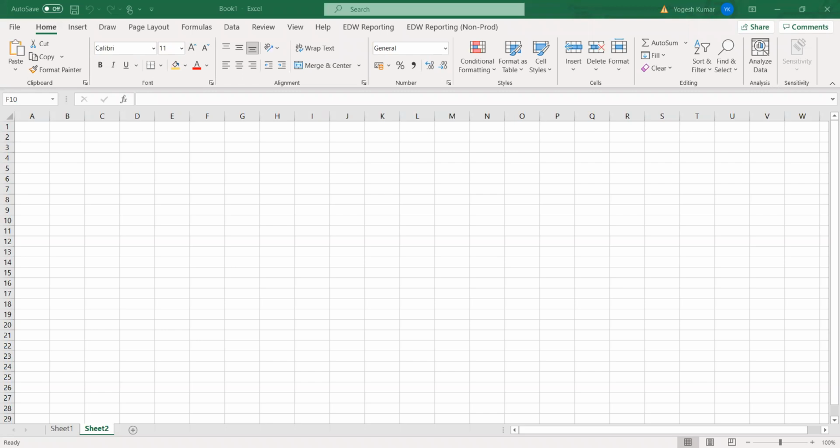Today we are going to learn a little bit of an important topic related to the next version of this ETL data warehouse. We have completed till here in the previous sessions. Today we are going to learn more about the data warehouse.